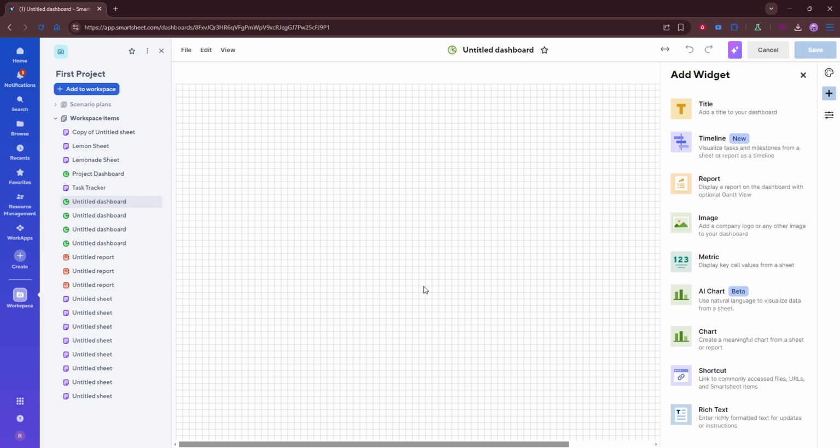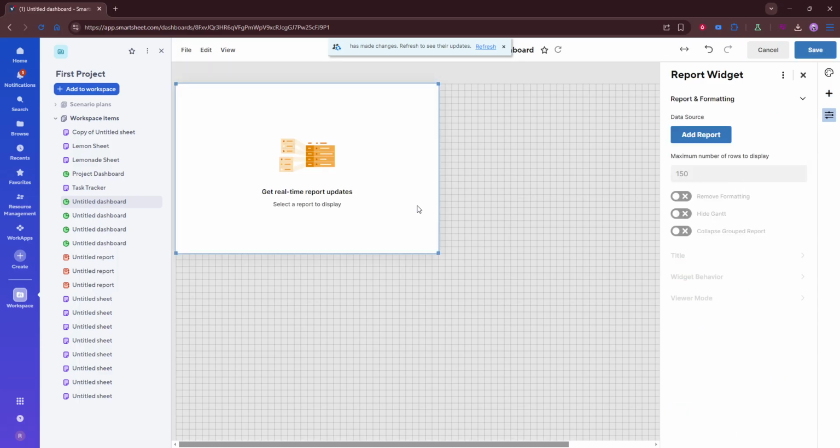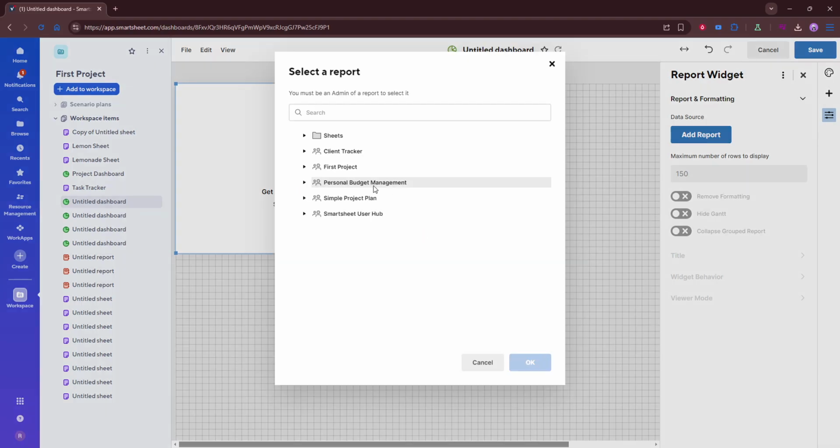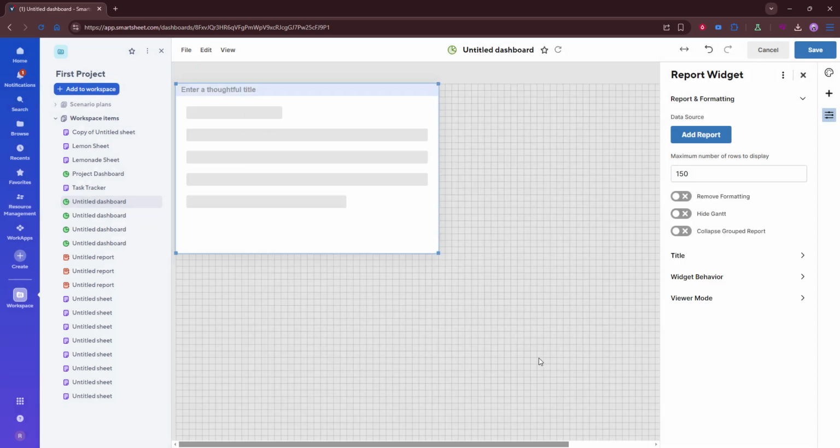Next, begin adding widgets. Widgets are the building blocks of your dashboard, and they allow you to display information in different formats. You can add charts to visualize trends or progress, metrics to highlight important numbers, reports to show filtered task lists or updates, images to support branding or clarity, and shortcuts to help viewers quickly navigate to key sheets or resources. Each widget serves a different purpose, so choose the ones that best match the kind of information you